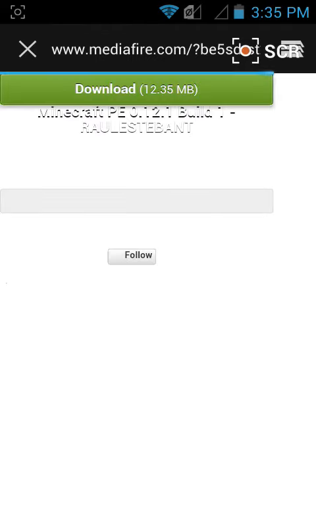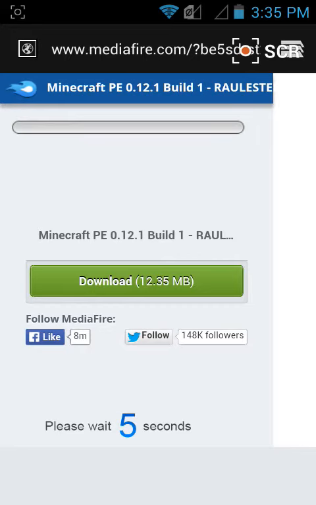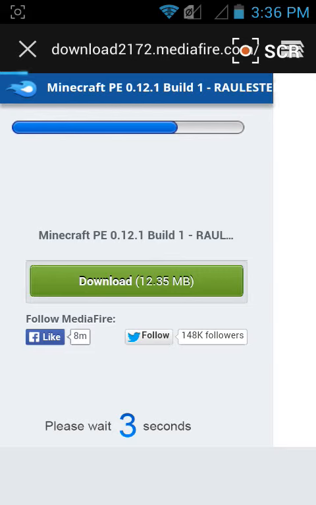Mediafire. Download it. In loading, and when you start downloading it will show in here.